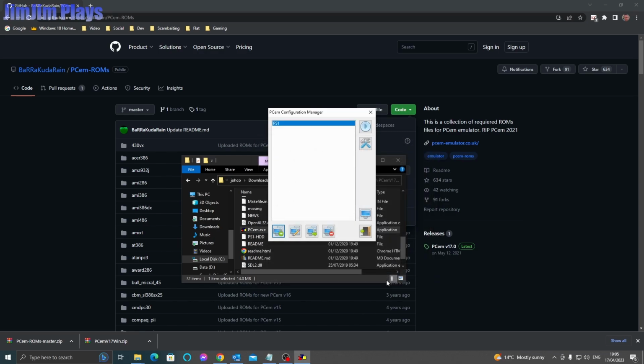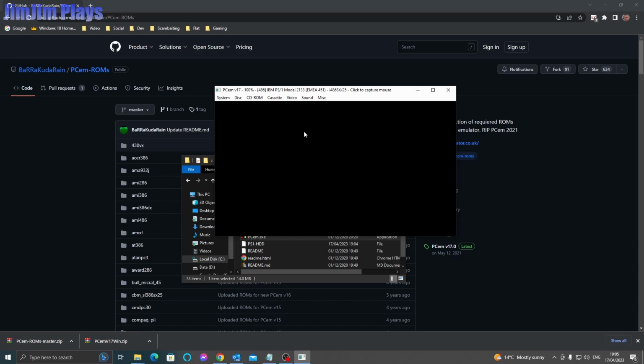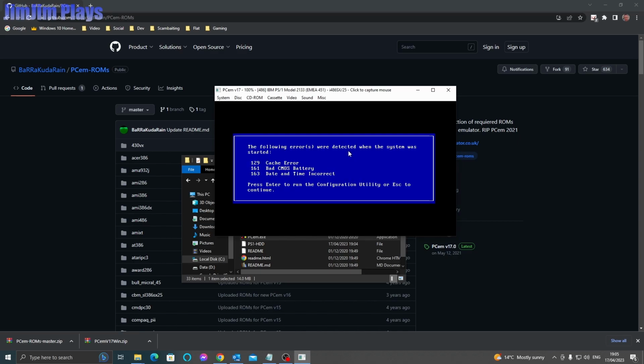Let's save that by clicking OK, and we can fire her up and see what happens. I remember this so well. How the BIOS looks. Now there is a bug with this. We will always get a cache error on this every time we turn on. That's a bug in PCem. Maybe they'll fix it, or maybe I'll try and fix it. I can get hold of the source code and be a contributor. But anyway,